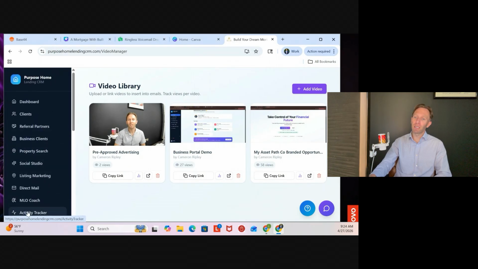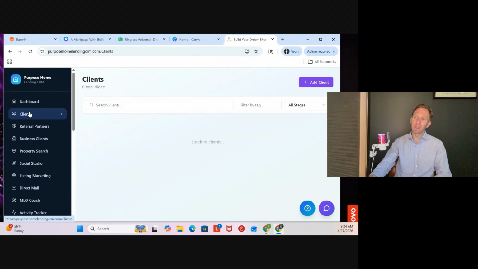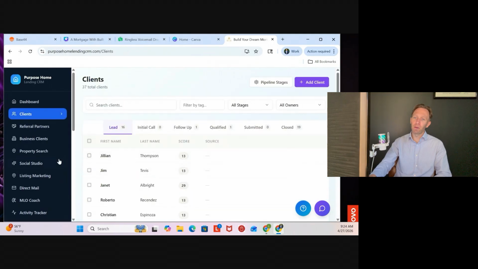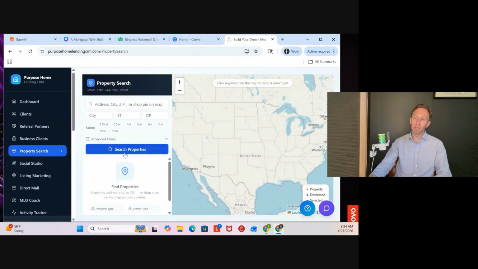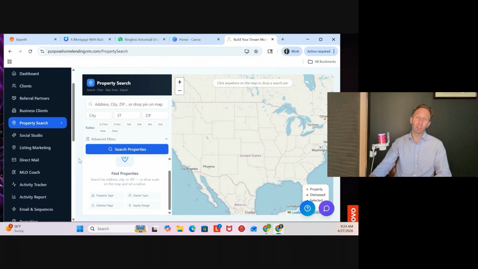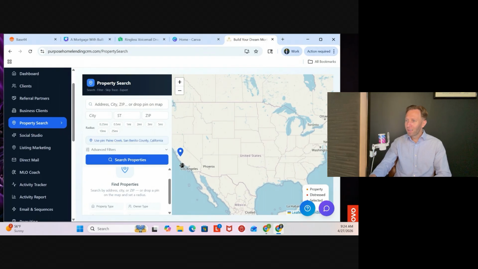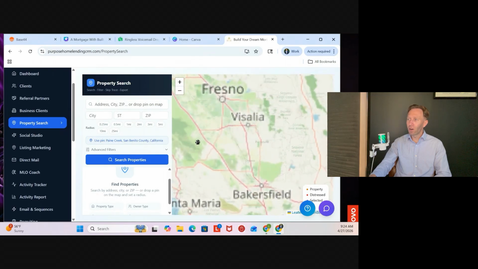The direct mail, like I said, is a huge one, but the clients, that's one that I really like. Eventually, we have our own property search tool. There's a company we partner with that is working on adding in mortgage information so that you can just run a search in an area and see right then and there, hey, look, here are, oh, that's a weird symbol. What is that? That's so funny. Here are all the